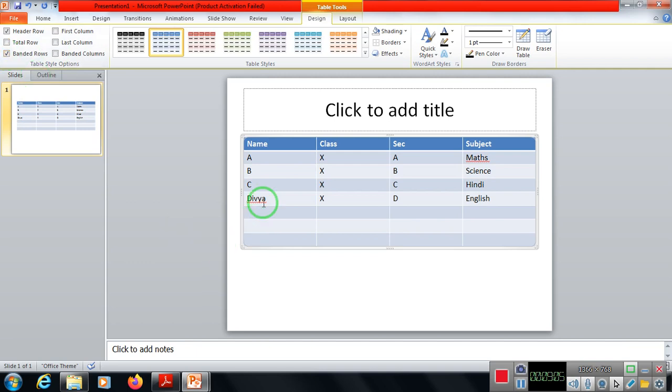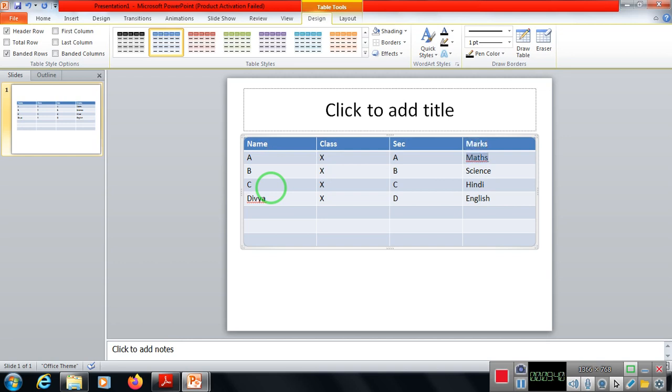And if suppose we are having some other data and we require a total of that data, then we can utilize that also. For an example, suppose I'm taking an example of a mark sheet. Suppose name, say maths, let's see, name, class, section, percentage, or marks.